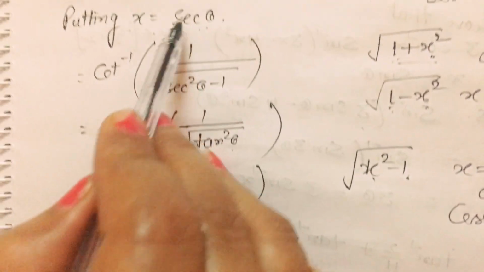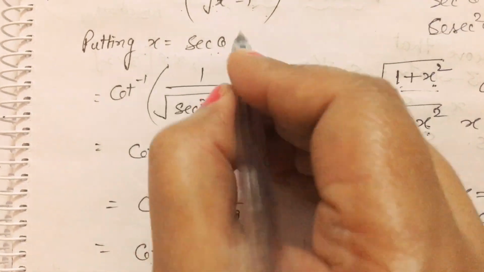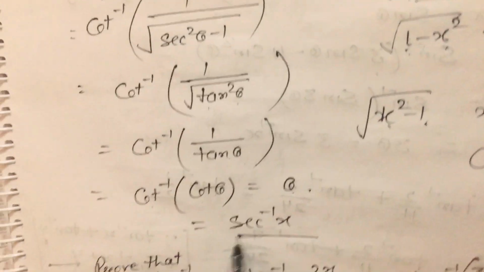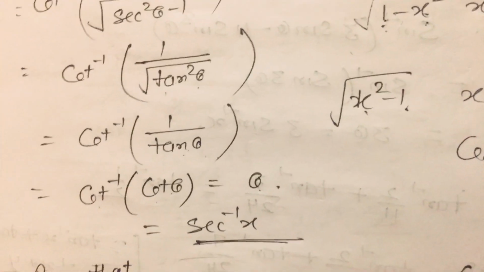And what is theta here? x is equal to secant theta. That means theta is equal to secant inverse x. So this is the simplest form of this. Okay, now